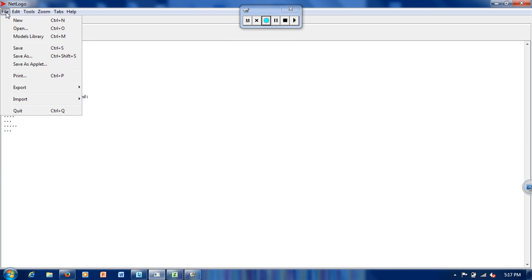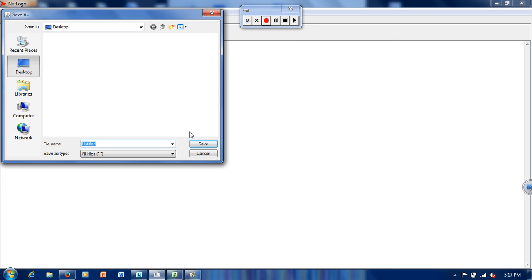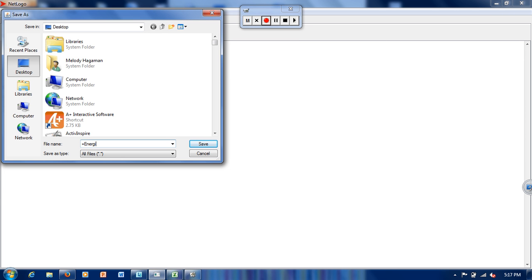So as always, you will save, file, save as. You can do Energizer turtles, dot your first name, dot your last name, and then dot NetLogo. And then either message it to me on my Big Campus or you can turn it in the assignment section, which is,